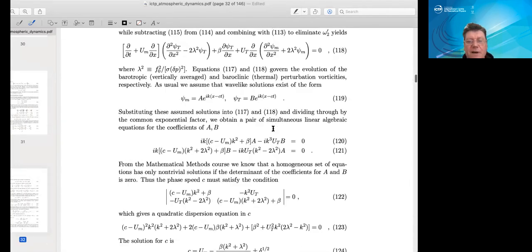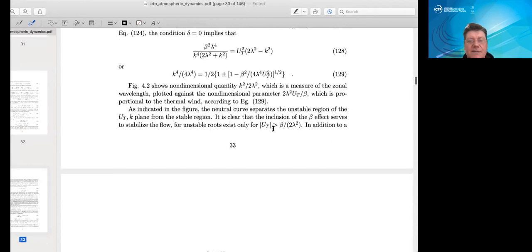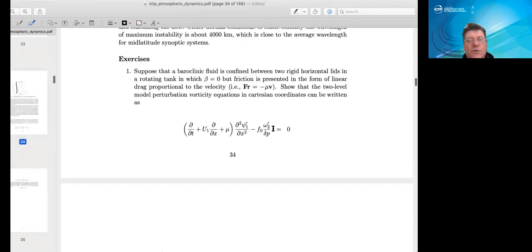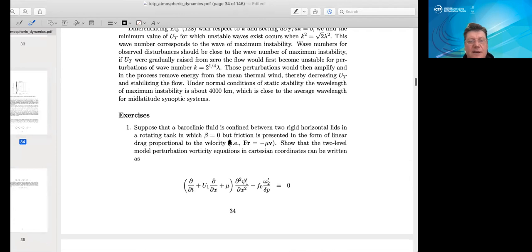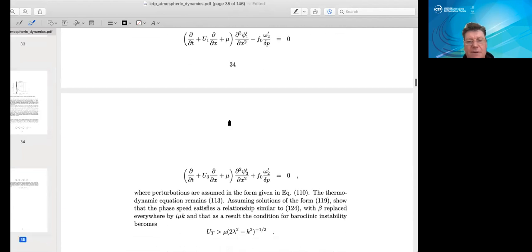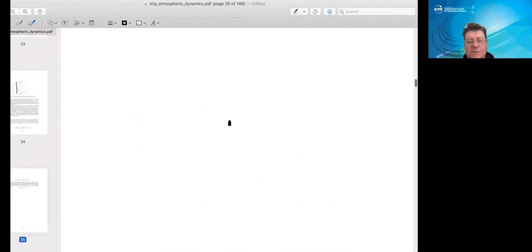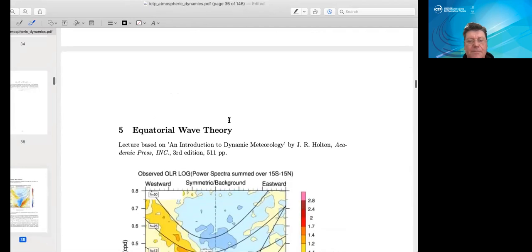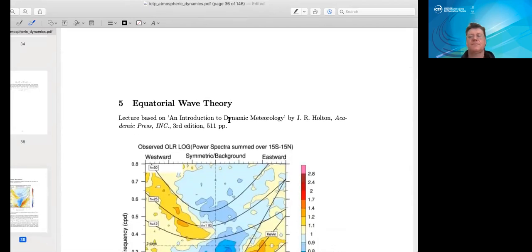Now, in terms of exercises, I don't want you to do this exercise. It's just in addition, what can happen if you include some kind of frictional dissipation term. But please don't do this exercise. This is not necessary. I just want to tell you that in the next lecture on Wednesday, we will completely